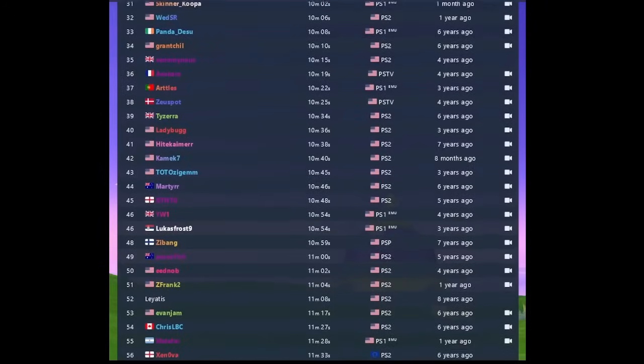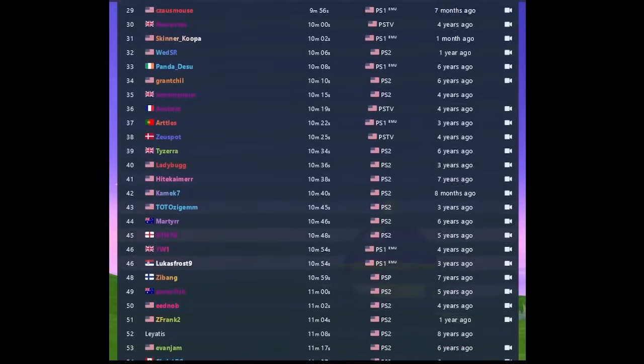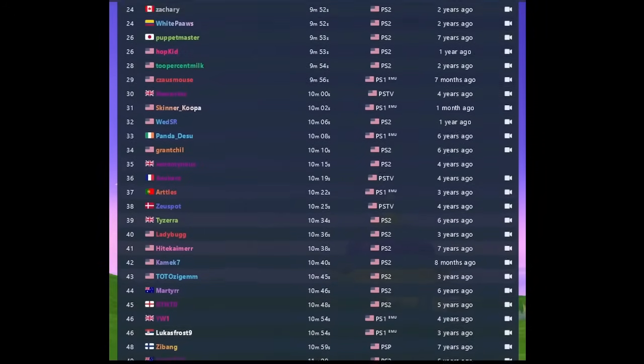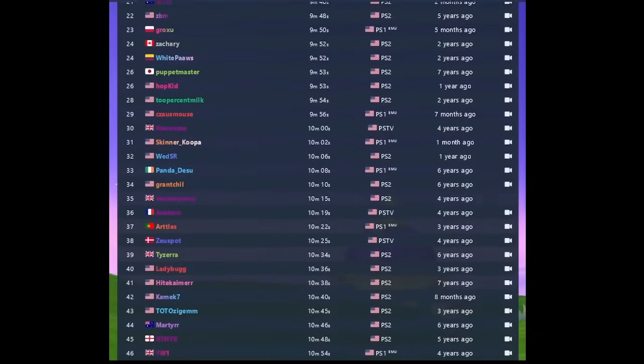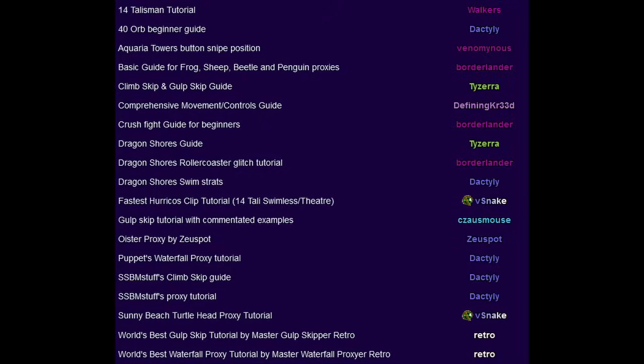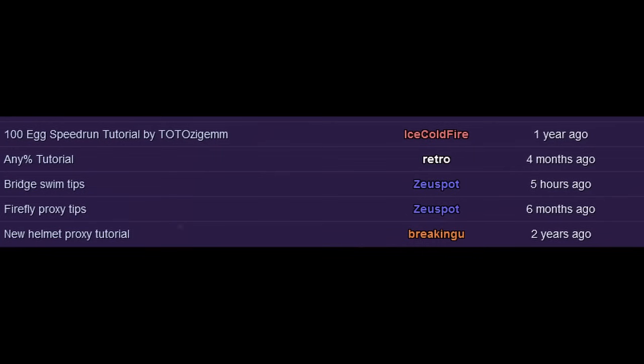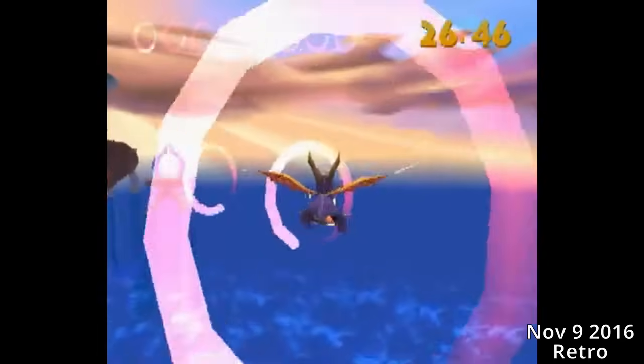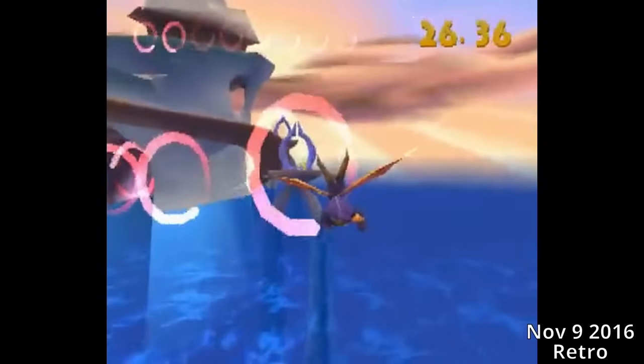During Lewis's rise up the leaderboard, there was another person who became known to be exceptionally good at the various tricks in the Spyro series, even becoming one of the best at Waterfall Proxy. He even posted several in-depth tutorials on how to perform these tricks in order to help newer runners. On November 9th, 2016, 3 days after Lewis's 858, a speedrunner by the name of Retro submitted a run to